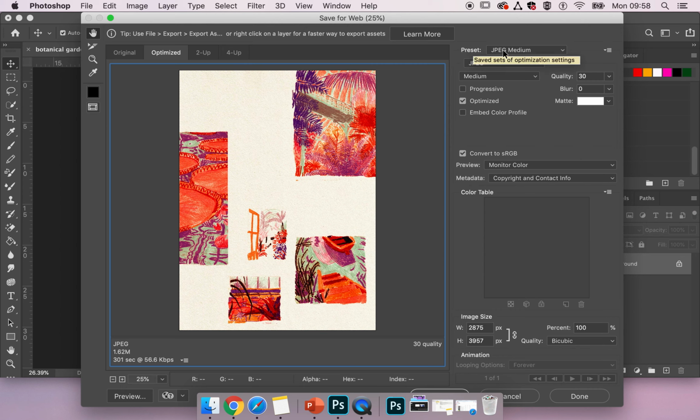Just before we move on, I want to show the bottom of the right hand side. Now you might be submitting work, or you might be part of an online exhibition, or you might just think once you've uploaded this image to your website that it was too big and you want to change its size, not its quality. So down here we've got image size, and because all our images work in pixel dimensions when we are working digitally,